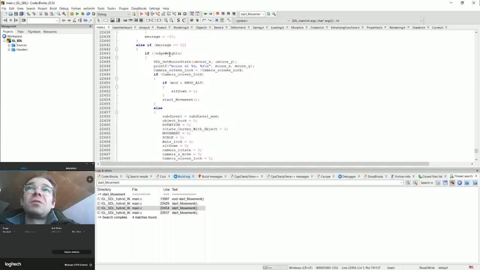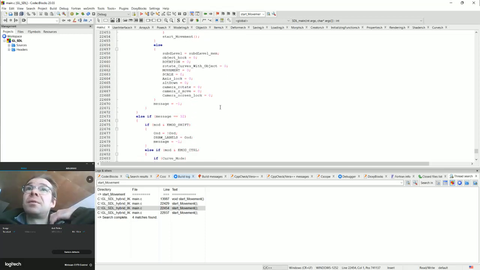if not edge weights. This means if you are not changing the edge weights, I have also the CP weights and the edge weights and vertice weights. This also involves some mouse movement, but this is not necessarily the movement, because it can also be simply a mouse pointer distance from the starting point, but the movement really involves the cursor projection into a viewer plane. This is more complicated stuff,